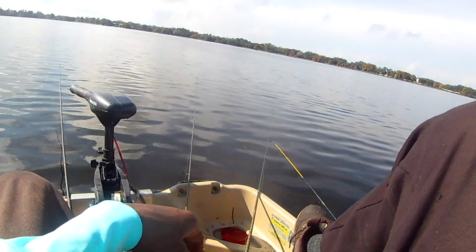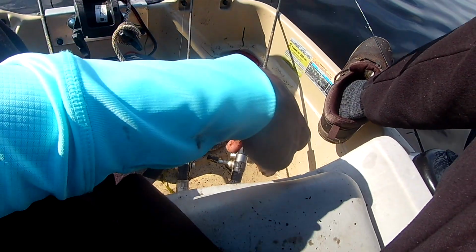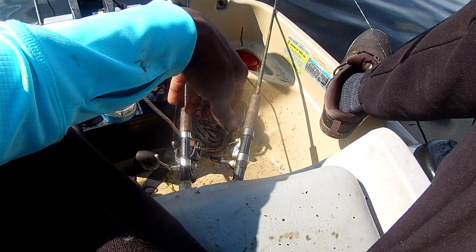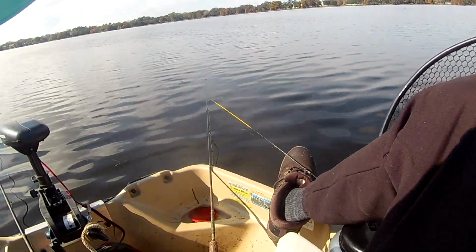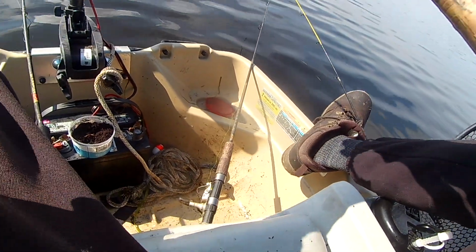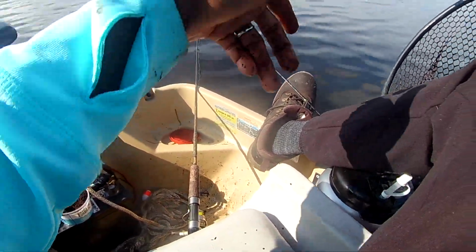My pound test line I'm using is 2 pound test. Look at this line jumping right here, guys. 2 pound test, Zebco, cheap line, monofilament, $2 a spool of 150. There he goes, guys. He thought he was getting away from me. But Zebco 2 pound test, monofilament line, nothing expensive, just enough to come out and have fun with